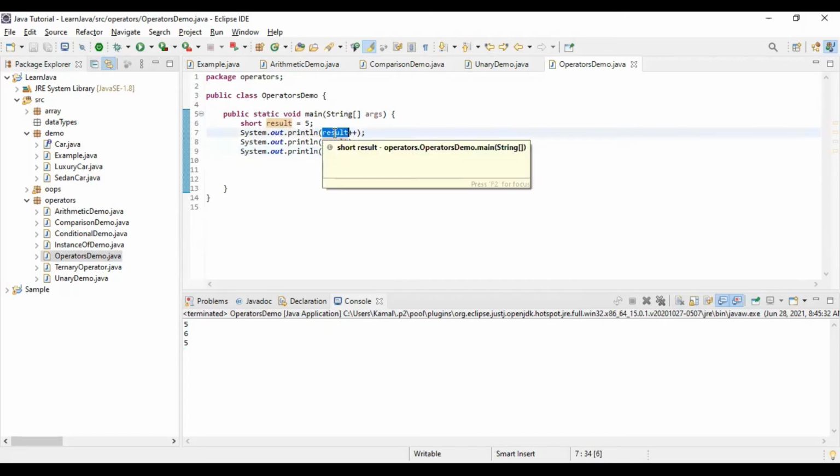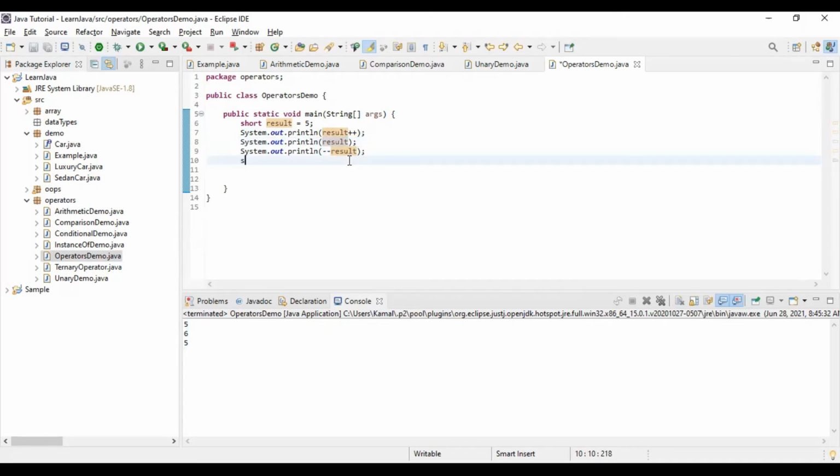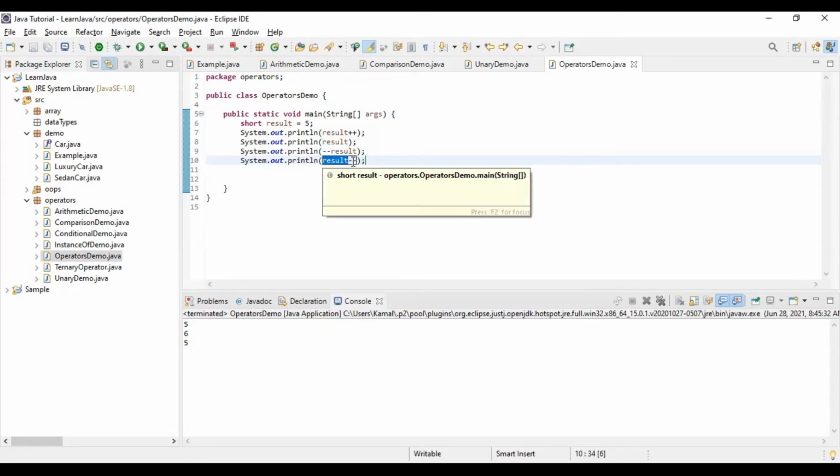In this, the result is printed first, then incremented. And in this line, we are simply printing the result. Again, it will print the result first and then decrement.